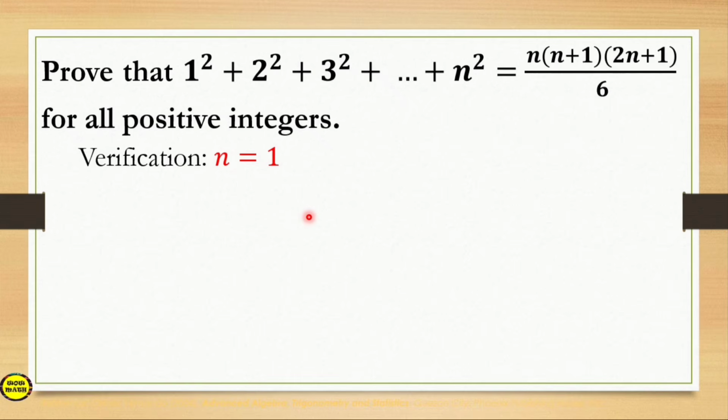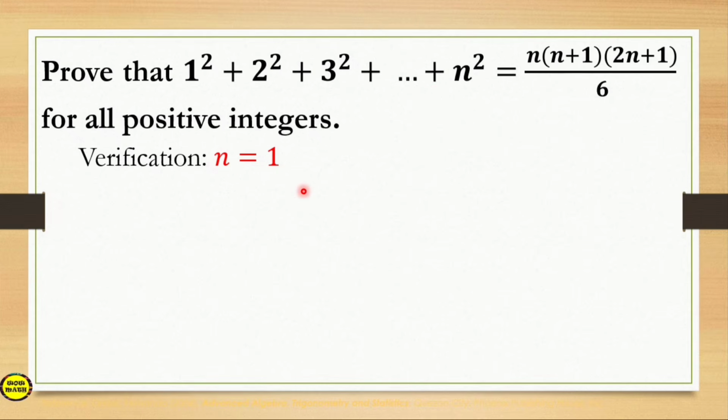Next, for example number 3, prove that 1 squared plus 2 squared plus 3 squared plus up to n squared is equal to n times the quantity of n plus 1 times the quantity of 2n plus 1 all over 6. So, medyo mahaba. So, unang gagawin, i-verify natin, okay, yung statement natin or yung formula natin for n is